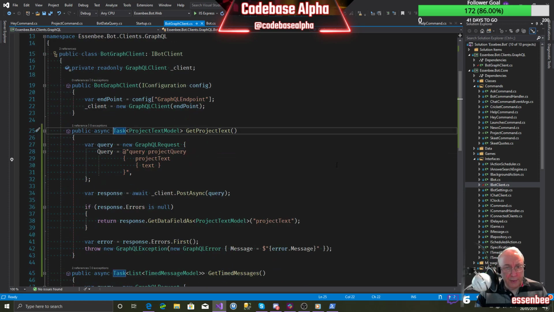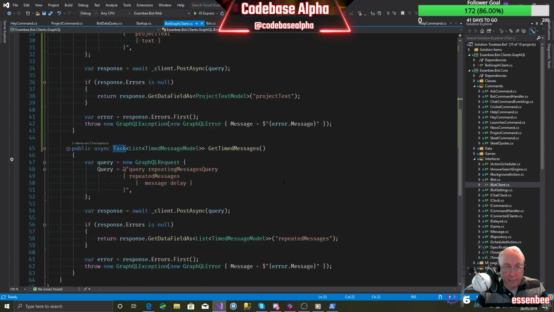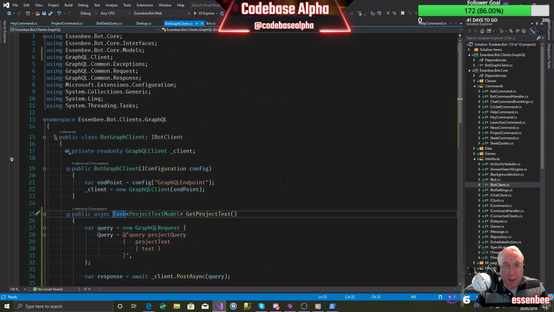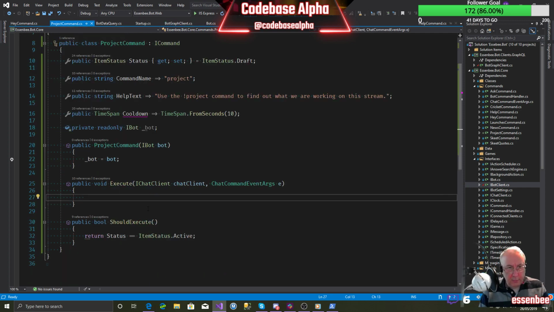So this now gives us a GetProjectText method on our strongly typed GraphQL client. The type of the client is bot graph client, so it's not an HttpClient in that sense. It's actually strongly typed. And so those are the commands available to us, which is why we can pass it around and inject it with an IBotClient interface. And that injection happens over in the startup class in our web project. Okay,